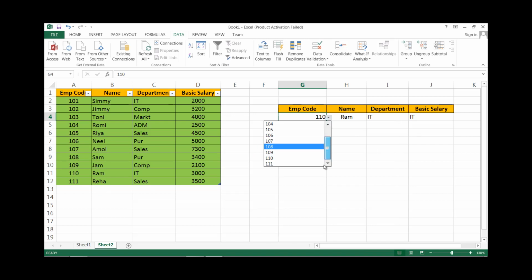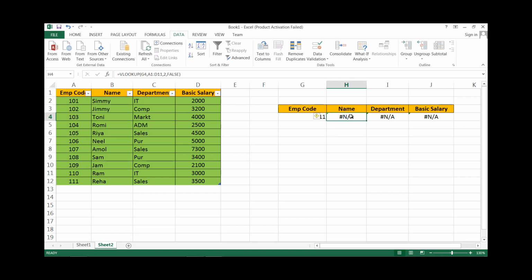Now it has the updated values, as well as here you have to change the range, because here the range is only from A1 to D11. You have to change the range, then only you will get the result.